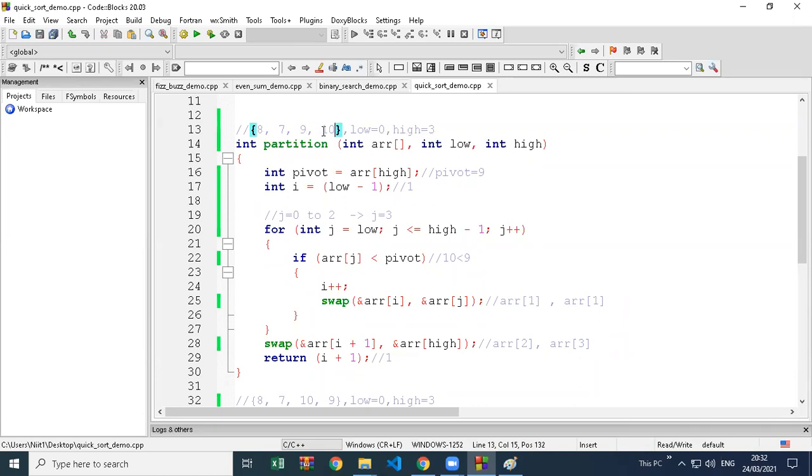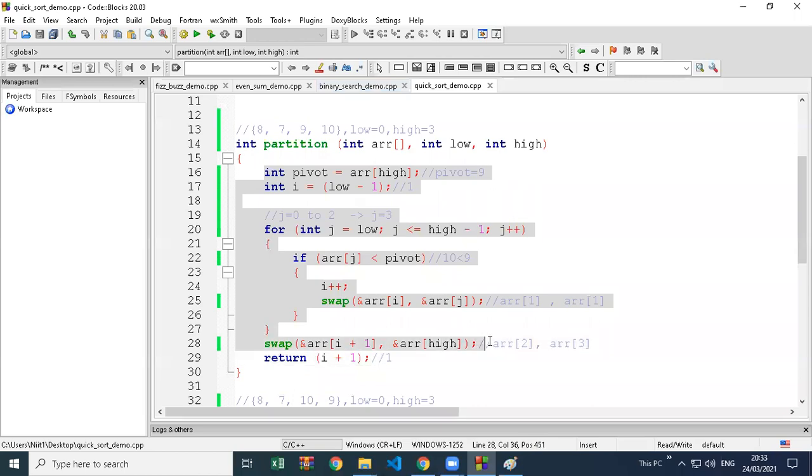So actually what happened: the pivot value checked the first element but did not swap with it because it was smaller. Then it checked with the next value, it was also smaller, so not swapped. But the third value was greater, so it swapped with that value. But still the code is not done. So the first partition function is done now.